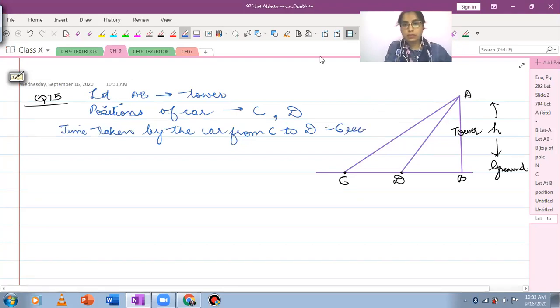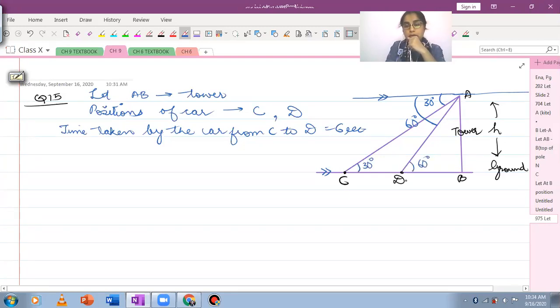Now, since we have been given the angle of depression, to show the angle of depression, you first of all need a horizontal right through the point of observation. The point of observation is, in this case, at the top of the tower. So let's just show that. So this is the horizontal right through the point of observation. This will be parallel to the ground. Initially, the angle of depression was 30 degrees, and then the angle changes to 60 degrees. Since the horizontal through the point of observation will be parallel to the ground, alternate interior angles will be equal. This angle here will be 30 degrees and this angle will be 60 degrees.